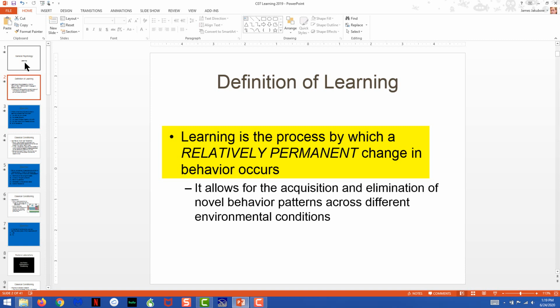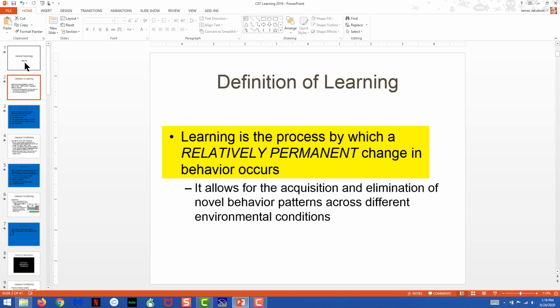And in fact, as your environment changes, your behavior will change. So as the environment changes, new patterns of behavior will be learned. And then as your environment changes again, the patterns will continue to change. However, this does not mean that you forget anything. The aspect of remembering or forgetting is all related to memory.